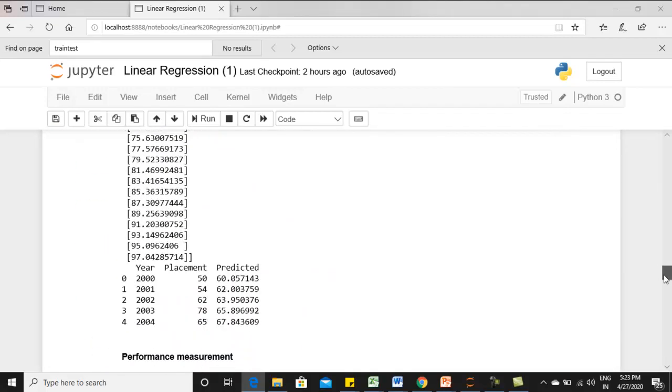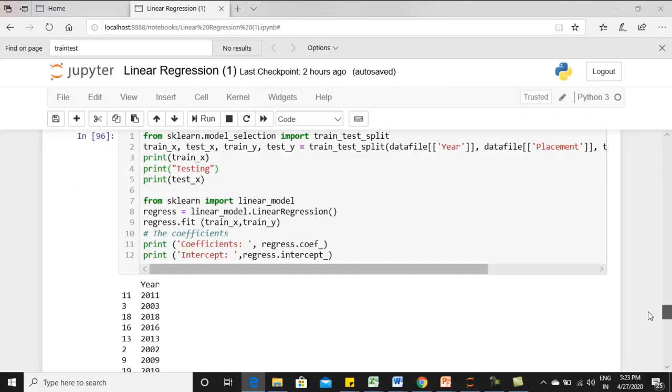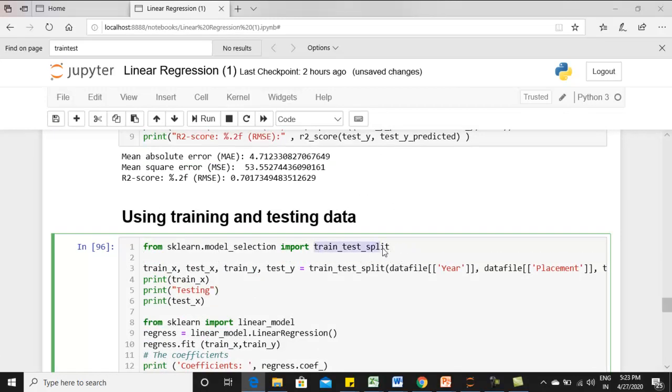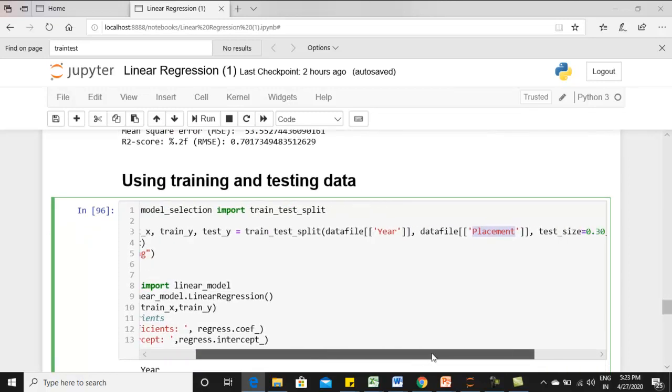into training and testing. We have used the training data set itself as the testing data set. Now I'm showing you how to split the data set. For splitting using random values, we have the train_test_split package. We are going to get four different outputs: train x, test x, train y and test y. What are the values? Data file x value. What is x? The values of the independent attribute, that is year, then the values of the dependent attribute, that is placement, and then how much percentage you are going to give. Test size is equal to 30 means that 70% will go for training and 30% will go for testing.